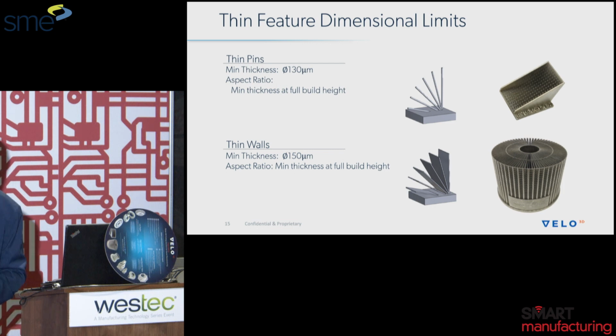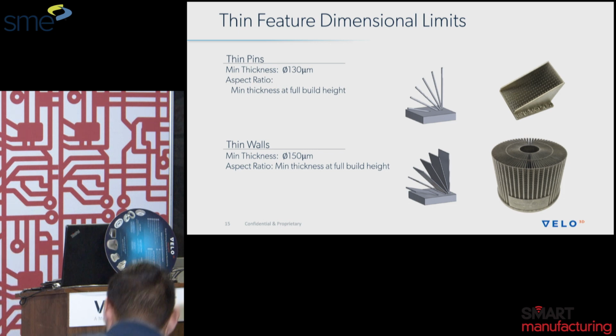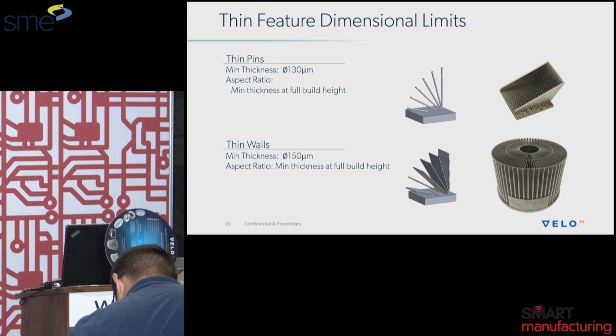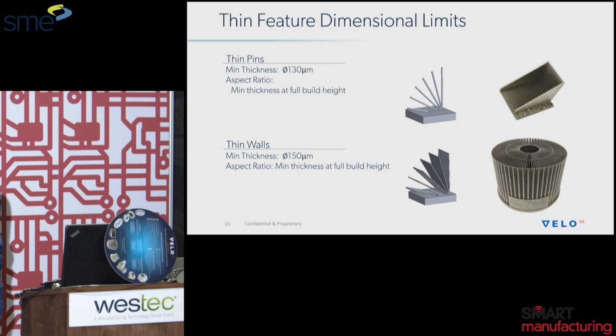Can we see? Oh, sure. Just don't pass it around. I'm afraid it won't come back. If I were you guys, I'd walk off with it. It'd make a very nice ornament. I don't know if my wife would agree, but